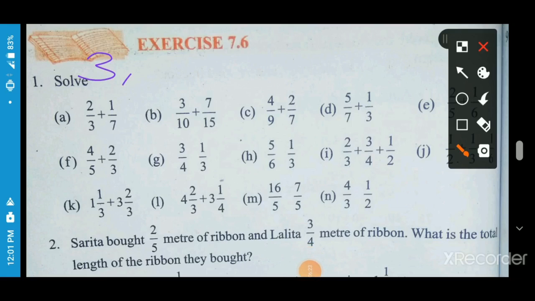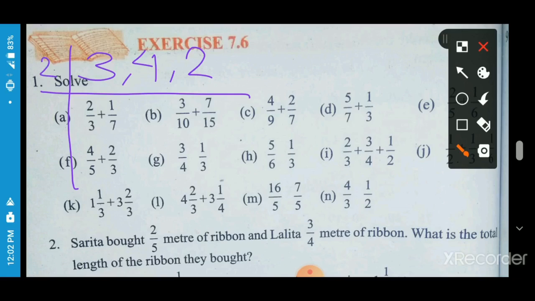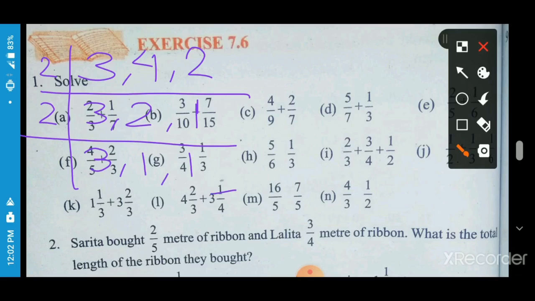First denominator 3, then 4, then 2. So first we divide by 2. 3 is not divisible by 2, so we write 3 as it is. Then 2 2s are 4 and 2 1s are 2. Again 2 is here, so we divide 2 by 2. 3 we write as it is. Then 2 1s are 2 and 1 as it is. Then we divide by 3. 3 1s are 3 and these 2 1s are as it is.